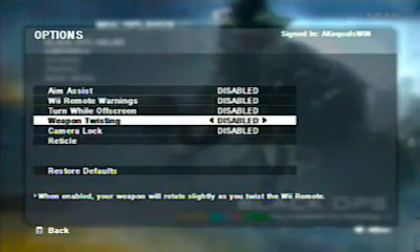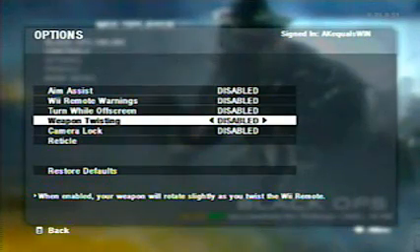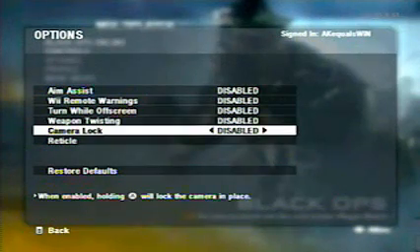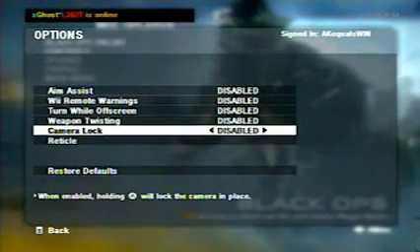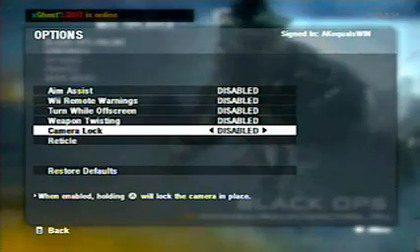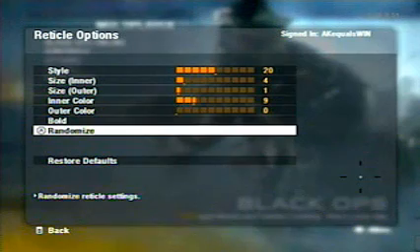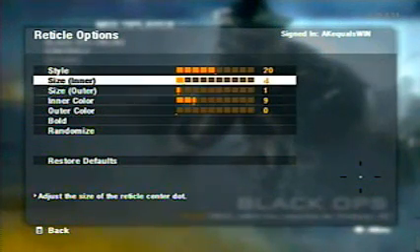Weapon twisting disabled. That's if your remote is leaning left or right in your hand as you're holding it, your gun will do the same. I think that just looks ugly, so I have that off. And then camera lock off, I never need to lock my camera anyway, so yeah, there's that. And then the reticle, I have your basic